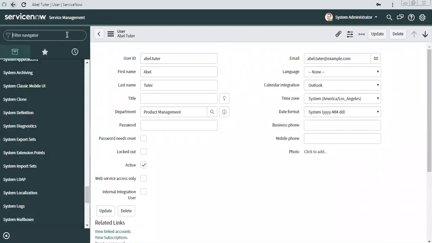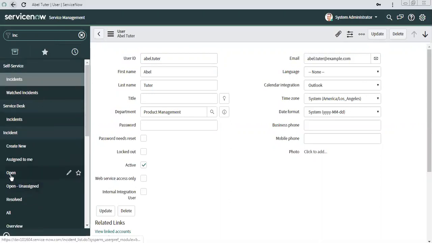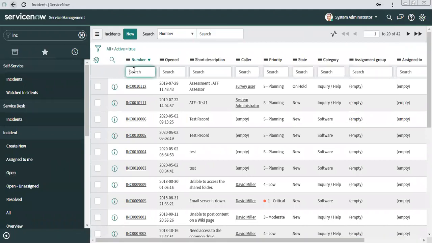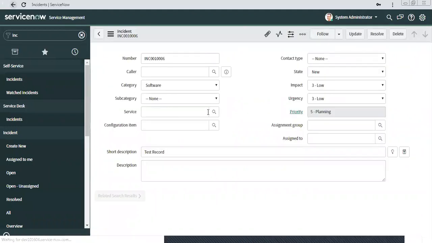I will go to the incident table, open incidents, and search for this number. So the incident is here. Let's open it.